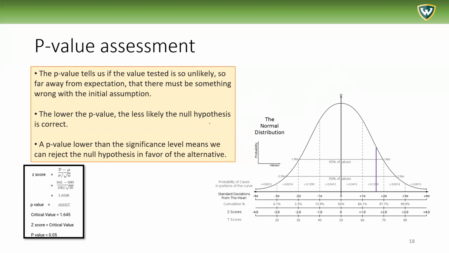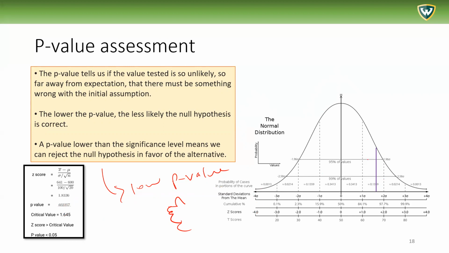In this case, that those averages were equal. A p-value lower than the significance level means we can reject the null hypothesis in favor of the alternative. So usually a low p-value is what we want. Okay, that's what we want. That's what's good. The lower p-value is supposed to be a thumbs up. We want the lowest p-value, and usually lower than